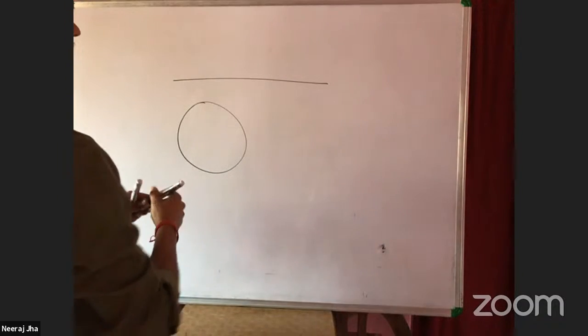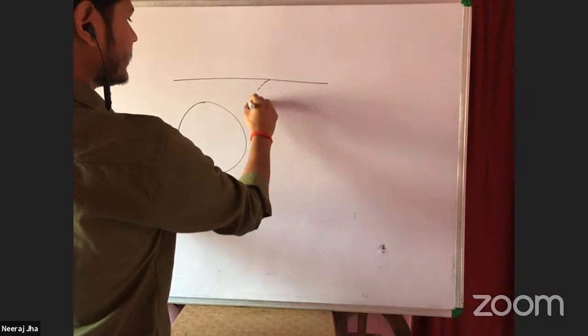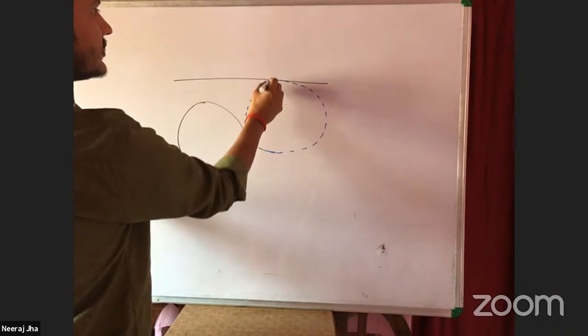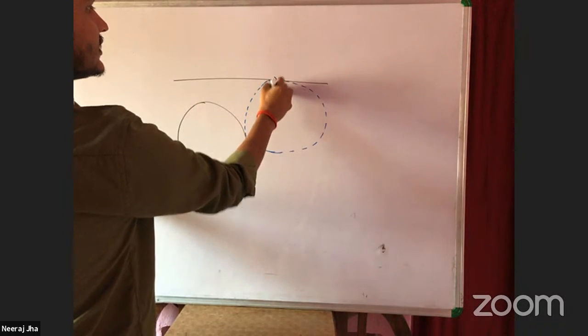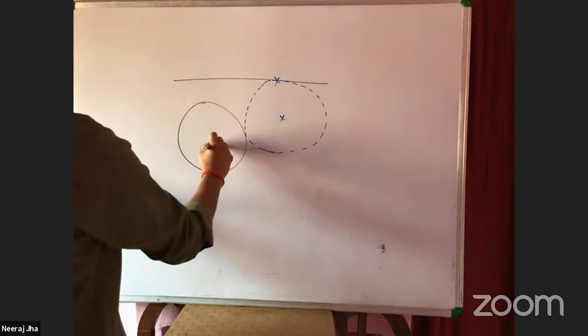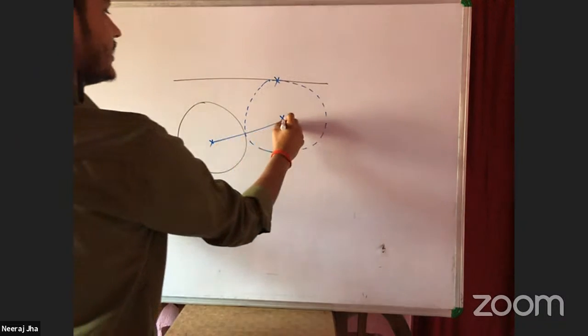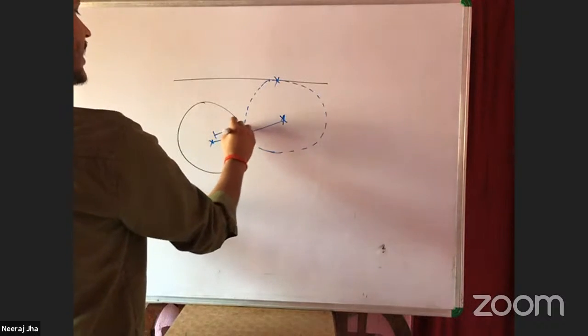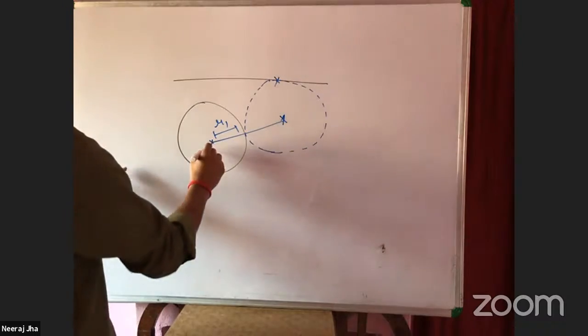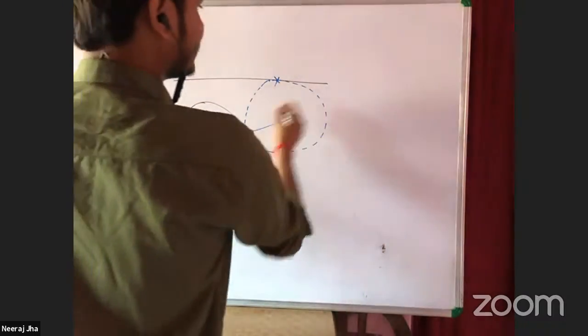Now some variable circle is touching this line at, let's say, this particular point, and this circle. All right, let me take its center as C1, and let us take this line as L,